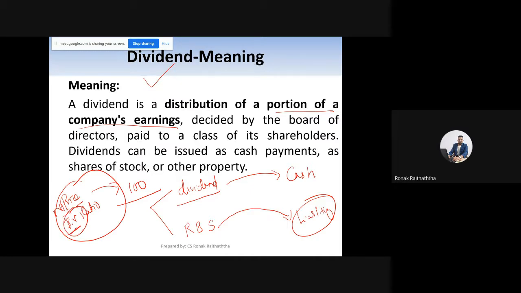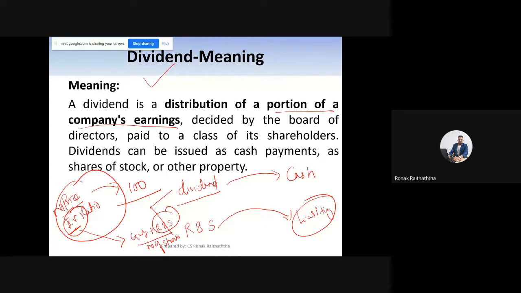Book value of the share is an accounting term. It's basically equity capital plus reserves and surplus divided by number of shares. Reserves and surplus are basically the money gathered by a company over a period of time. The money which is not distributed as a dividend will be kept as reserves and surplus. There are various other sources as well for reserves and surpluses.